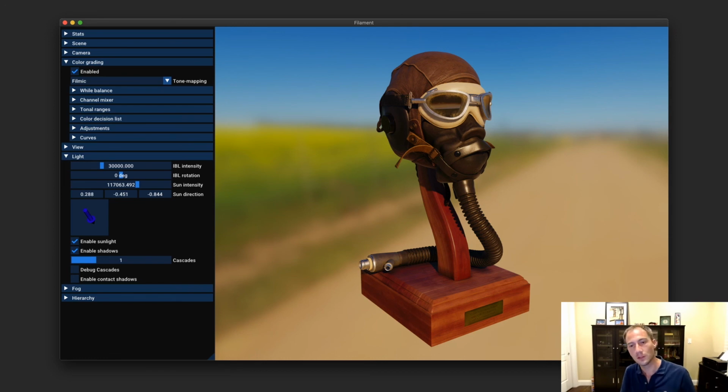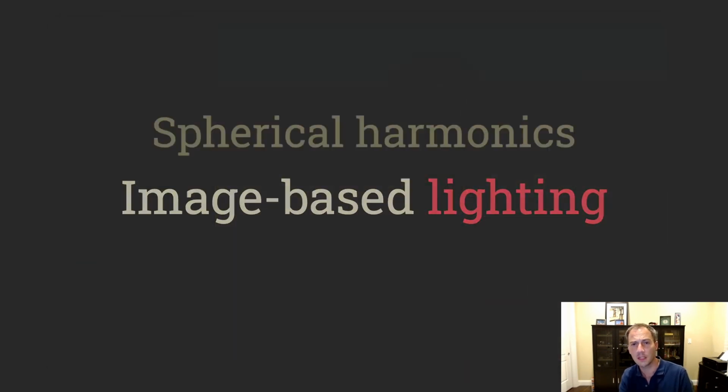Now, in the latest version of Filament, we don't use this anymore. We switched to a lookup table, so we can do color grading and tone mapping and transfer functions for free. We also let you choose your tone mapper. It used to be baked in. So we've abandoned it. But if you need to target underpowered GPUs, something like this might work for you. Onto image-based lighting.